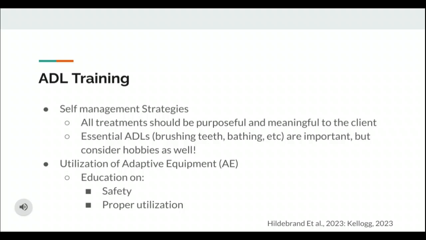For example, if somebody is really into gardening, what kinds of activities can you provide them to improve upon that activity so they can get back to doing that as much as they want to? For example, whenever you are using a shovel to dig up the dirt, what activities can you do to help them be able to dig up that dirt independently again? This may involve using adaptive equipment. If that is the case and you need to teach them some new adaptive equipment, you obviously want to educate them on how to safely utilize it and how to properly utilize that equipment in an